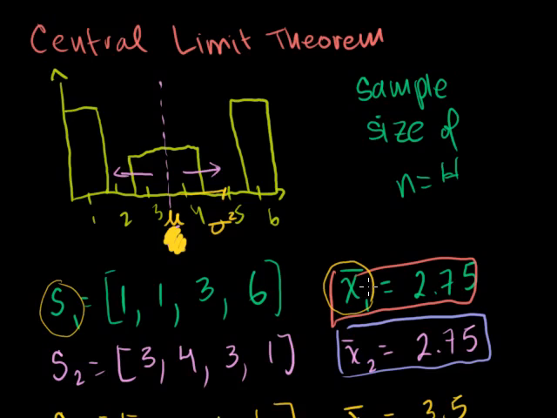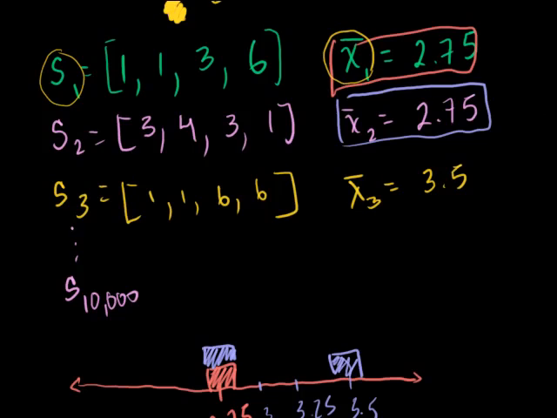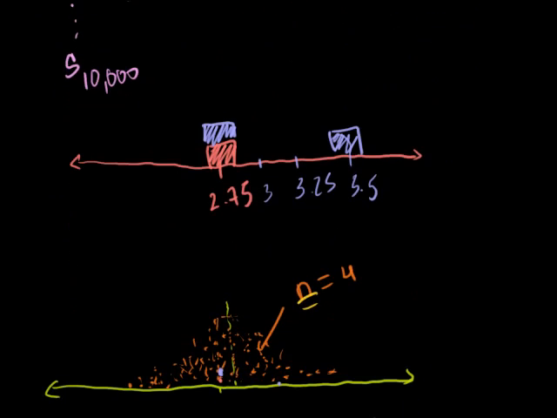But I have this first sample mean, and then I keep doing that over and over. In my second sample, my sample size is 4. I got 4 instances of this random variable. I average them. I have another sample mean. And the cool thing about the central limit theorem is as I keep plotting the frequency distribution of my sample means, it starts to approach something that approximates the normal distribution. And it's going to do a better job of approximating that normal distribution as n gets larger.